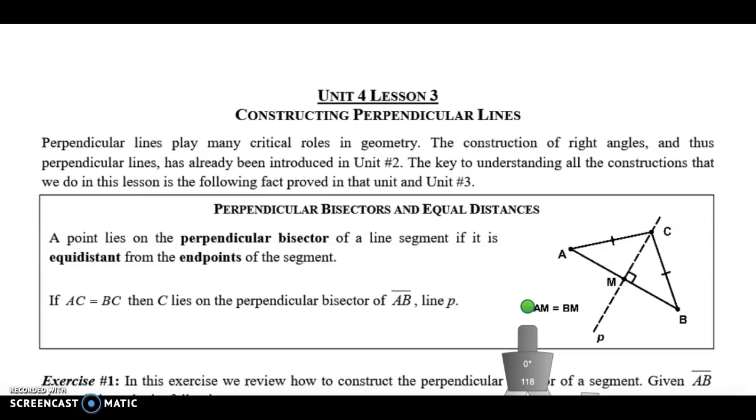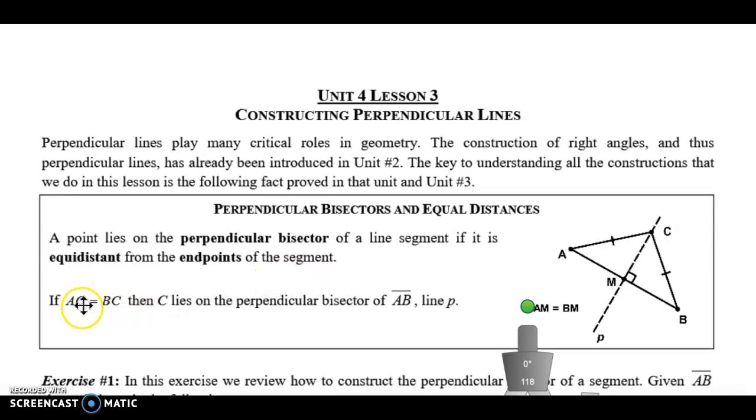Perpendicular lines play many critical roles in geometry. The construction of right angles and thus perpendicular lines has already been introduced in Unit 2. And the key to understanding all the constructions that we do is the following fact. So right here, perpendicular bisectors and equal distances. A point lies on the perpendicular bisector of a line segment if it is equidistant from the endpoints of the